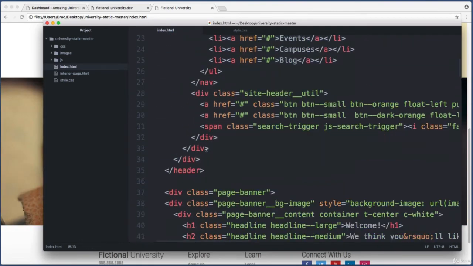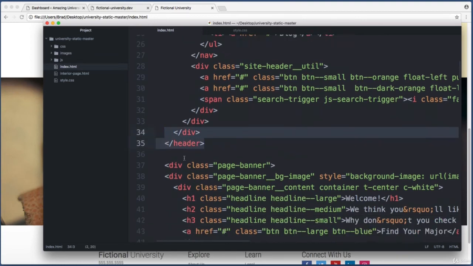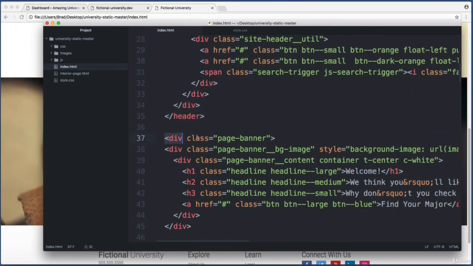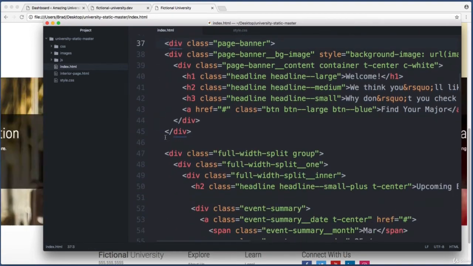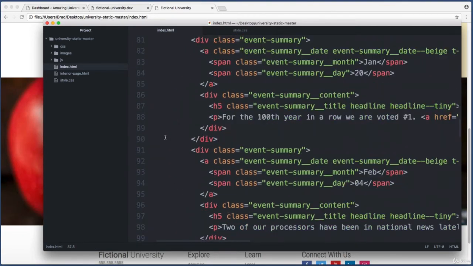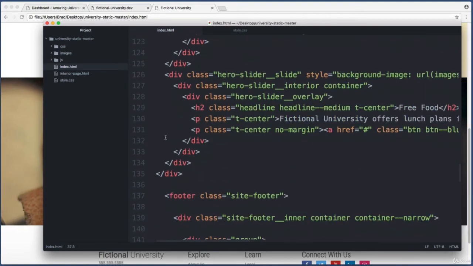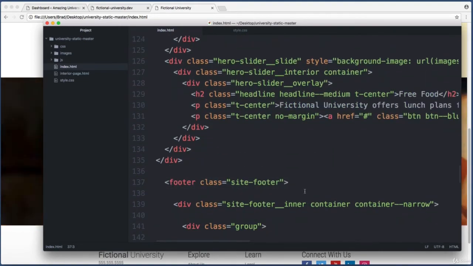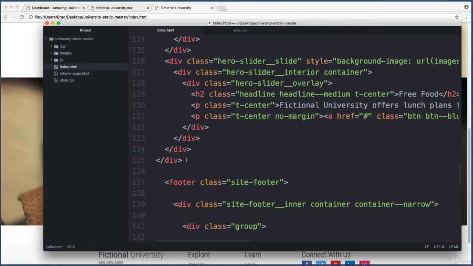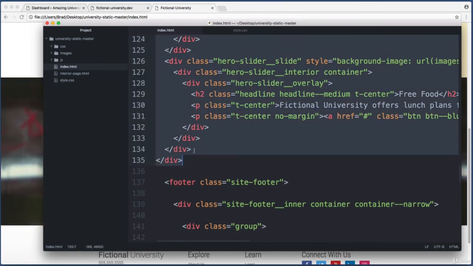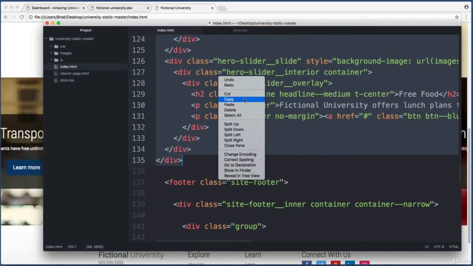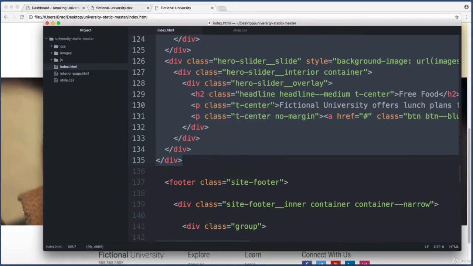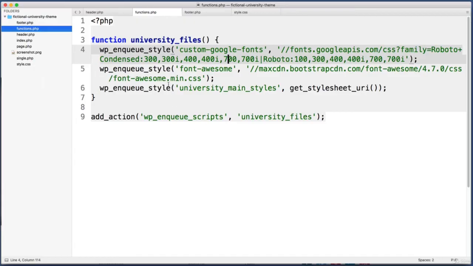So scroll down a bit until you get to the end of the header element, and then let's place our cursor right before this page banner element, okay, and then let's scroll down all the way to the bottom right before the footer element begins. So we don't want to include this, we've already copied and pasted that. So just hold down Shift and click right here at the end of this div. So let's copy that to our clipboard, and then let's jump over to our WordPress theme folder, and the file that controls the home page is